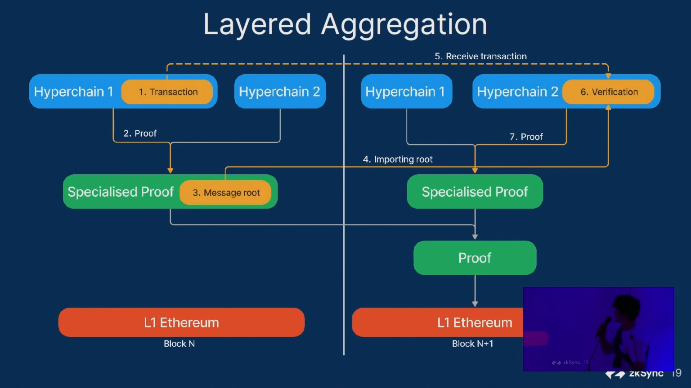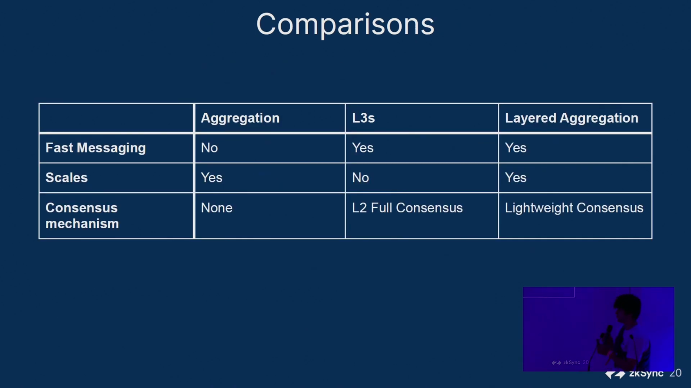So if we compare the previous 3 solutions, we have simple proof aggregation. This does not allow fast messaging. It does scale, and it does not need a consensus mechanism. Layer 3s do allow fast messaging, but they do not scale. And the layer 2 needs a full consensus mechanism, which leads to validator